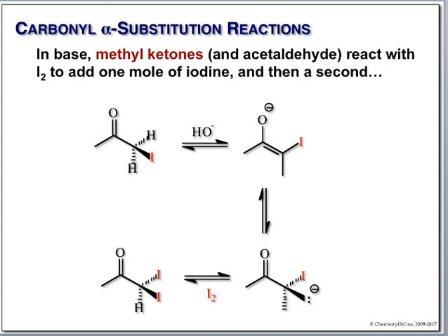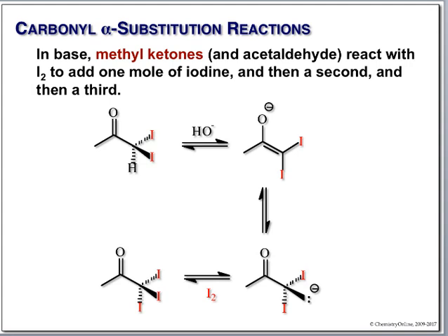This is going to make negative character down here, react with another mole, and give us the diiodo, which is even more reactive. This is going to do it a third time, down here to the triiodo methyl ketone or aldehyde. Now nothing else can happen,